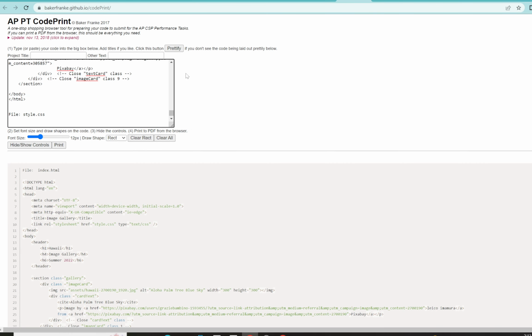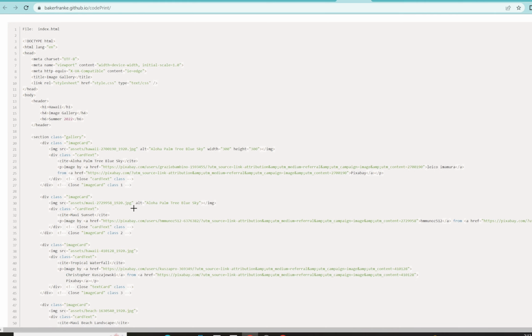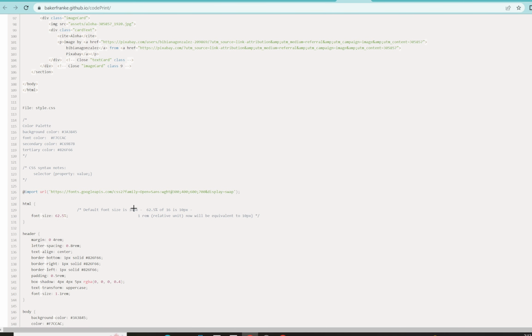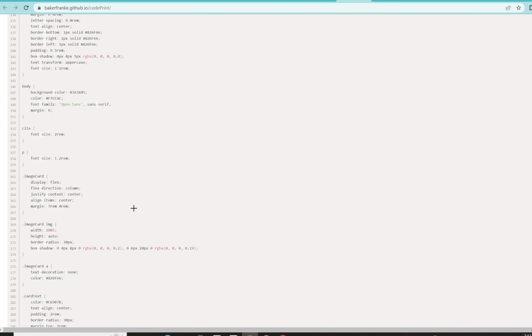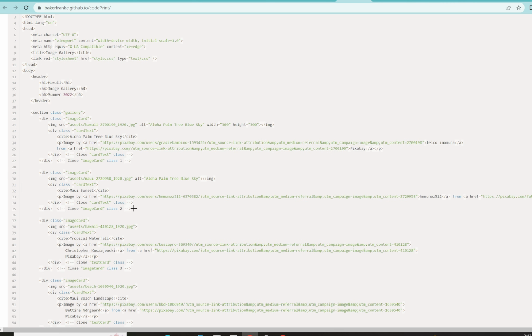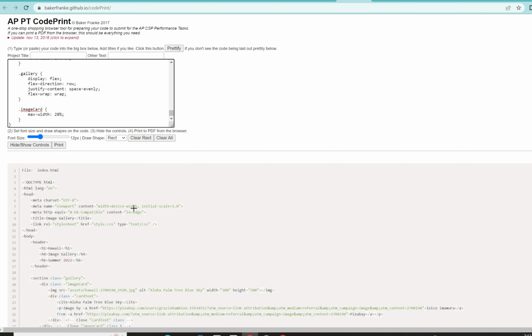And bring it back into our code print tool. Paste that, and notice now, I believe that is it, and we have a look of what that will appear like on your PDF, and everything is nice and numbered for us. So at this point now we want to come over and